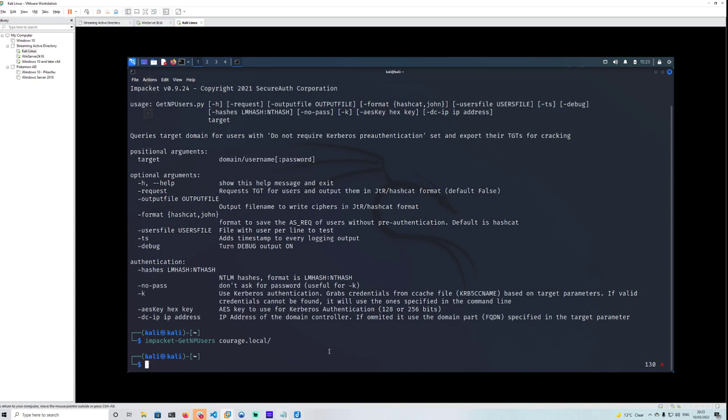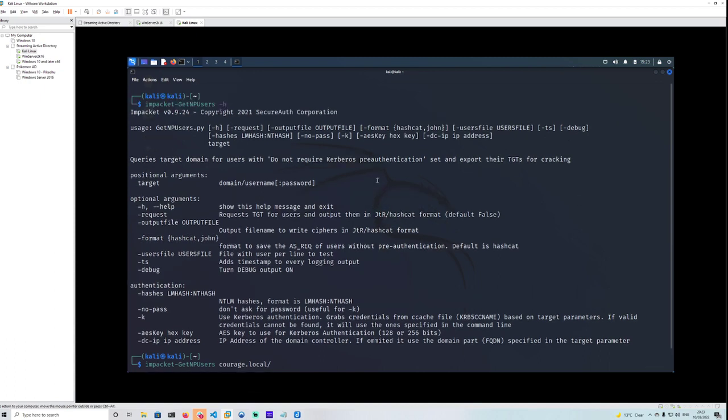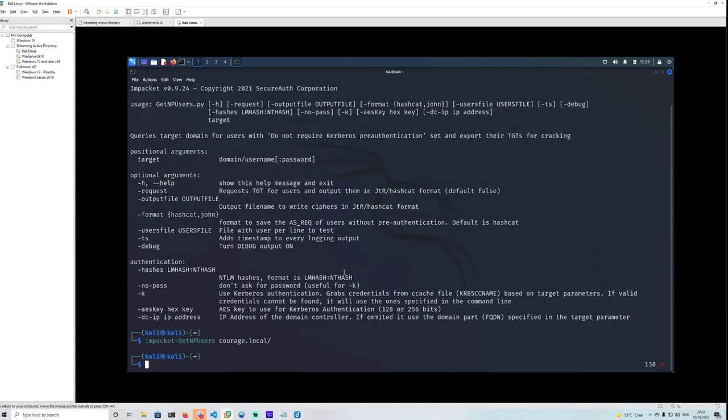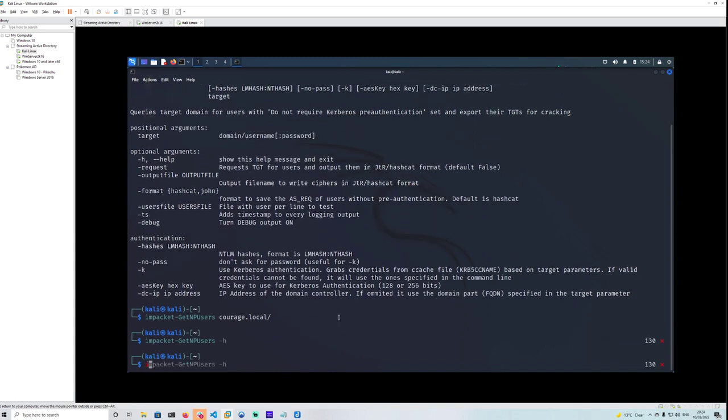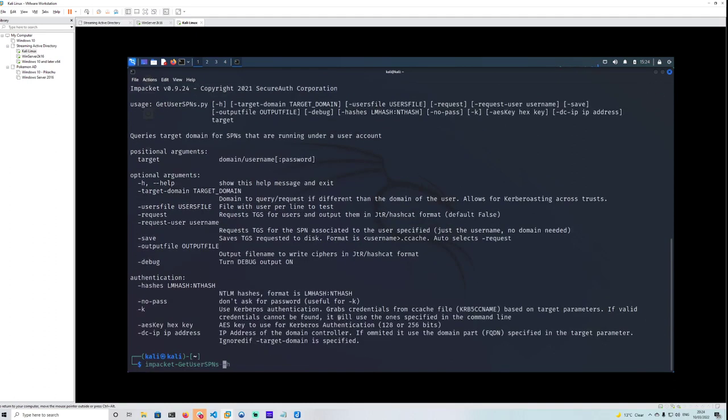Yeah, on a pen test, typically the first thing you do is run Responder, grab a hash, crack it, and see what you can do with it. Obviously, the only username I have now is that one user, but there's four users in total. So you can do Impacket GetUserSPNs, and we have